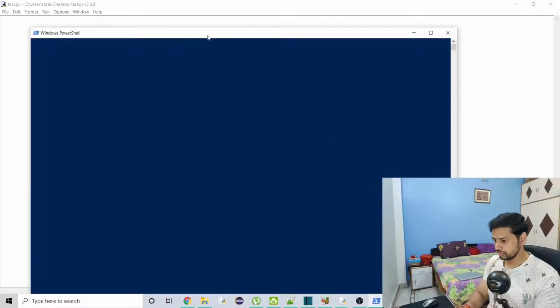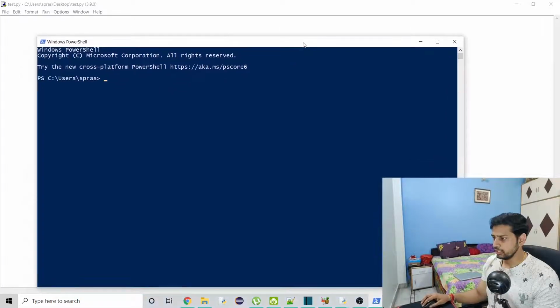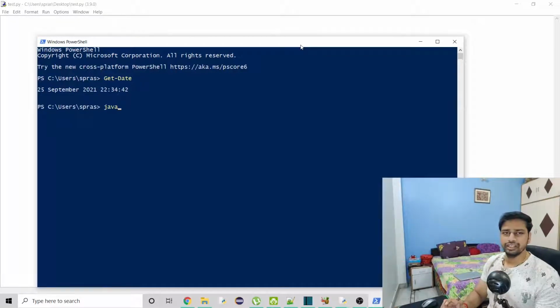So here like I said, we will be using simple commands that we know of. So I know a few commands. This Get-Date is going to give us the date, or you can try what we used in CMD, that will also work, but going specific with PowerShell. So this command returns us the date along with time. So this is what I'm going to execute through Python and save it later on to a file.